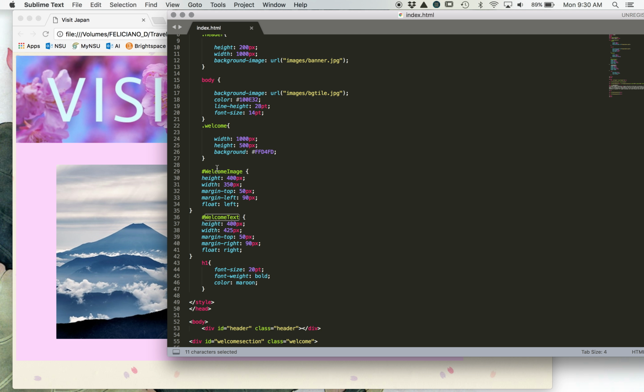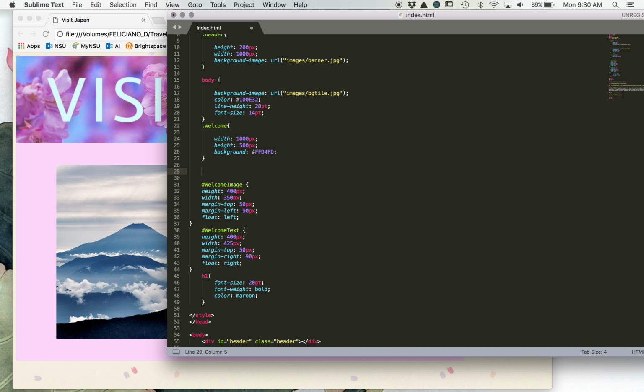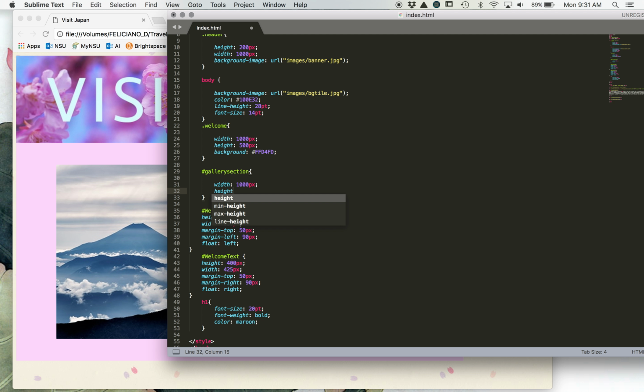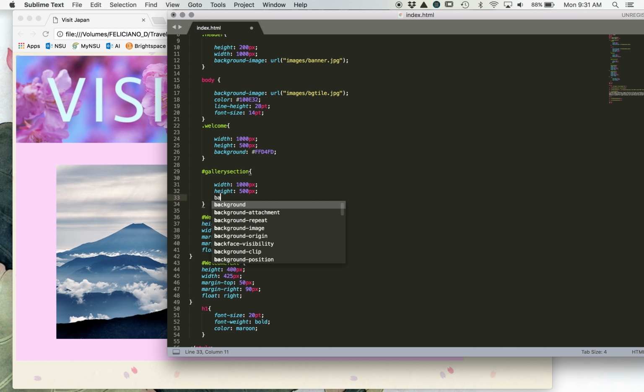I'm going to create rules like this for my next two sections. So I'm going to hit octothorpe, or hashtag I guess as a lot of people call it, and then I'm going to put gallery section. And this is why we want to keep our naming really obvious and simple so that we can remember it when we actually are doing the next steps. Now I want the width and the height to be the same as the welcome section, so I can just copy that information by typing width, 1000 pixels, next line, height, colon, 500 pixels, semicolon, and then background,